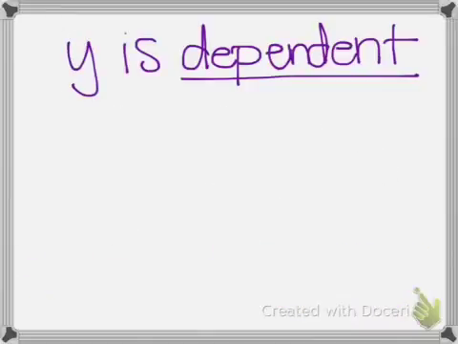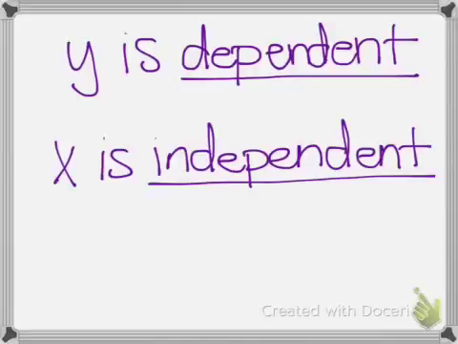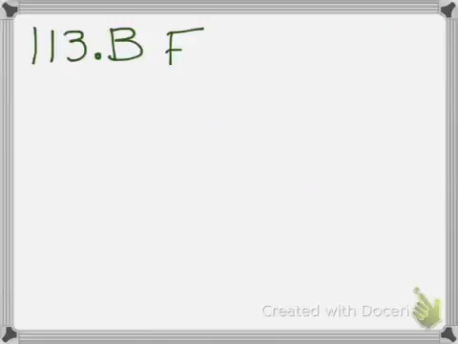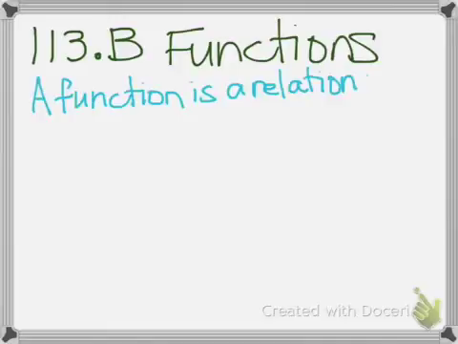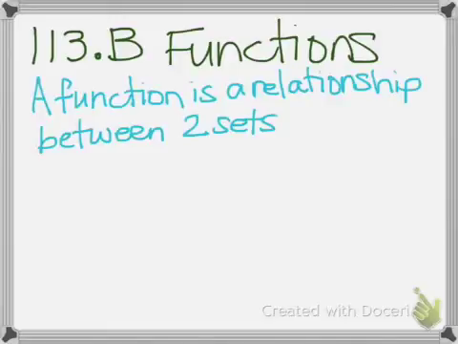So we call y a dependent variable because y depends on x, and we call x an independent variable because it doesn't depend on what y is. Now we'll look at what we call functions. So a function is a relationship between two sets in which